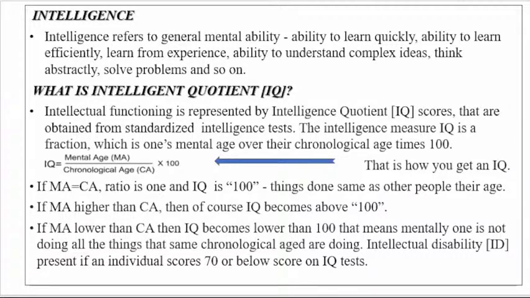Intellectual functioning is represented by intelligence quotient scores that are obtained from standardized intelligence tests. Standardized is a very important word here. Most of these IQ tests were not developed for us here in our situation in Africa, in Kenya. They are not culture fair. Maybe you've heard of Carothers, a psychiatrist in Mathare during colonial era. He actually used some of these IQ tests and has written journals